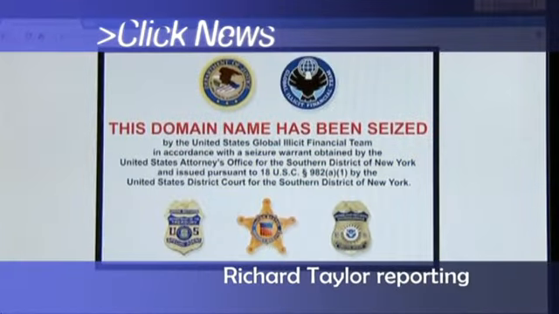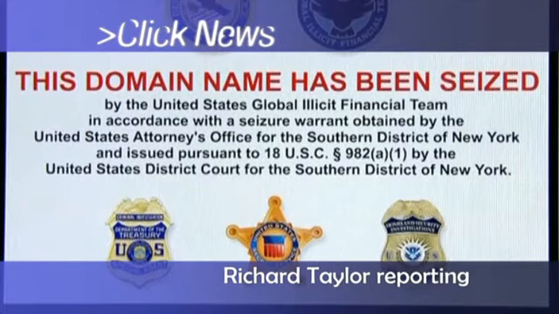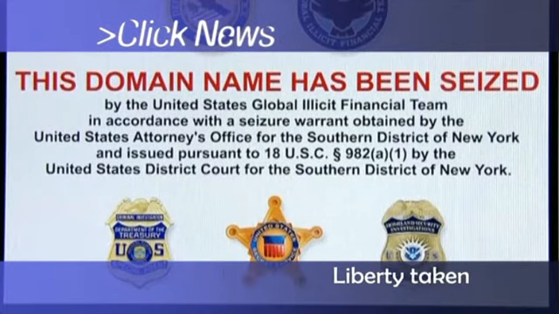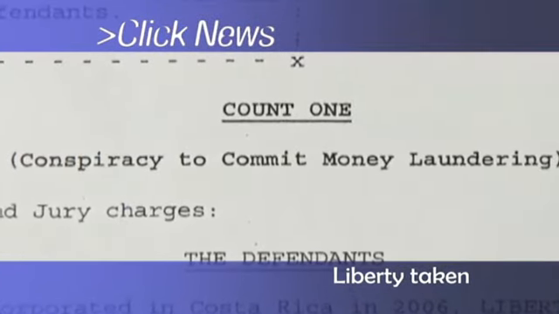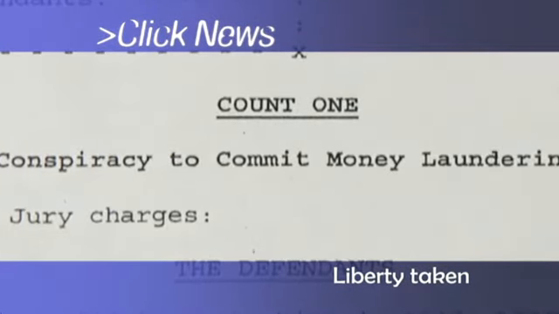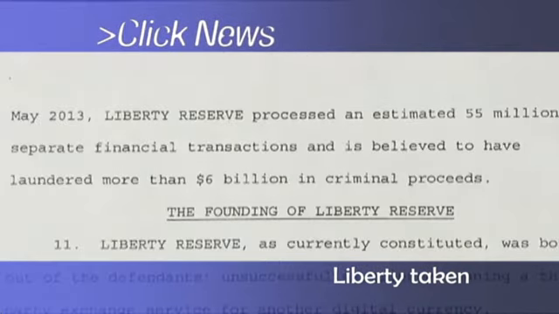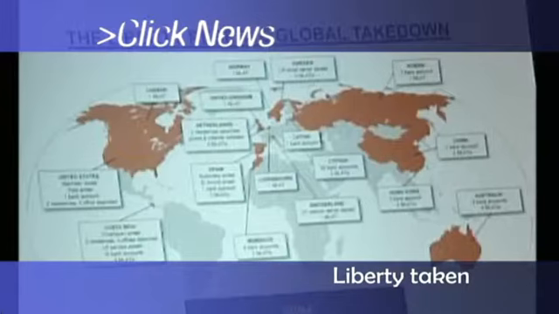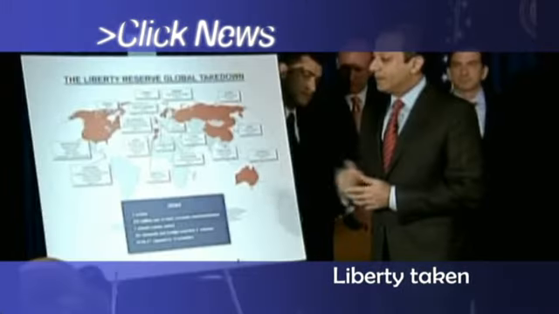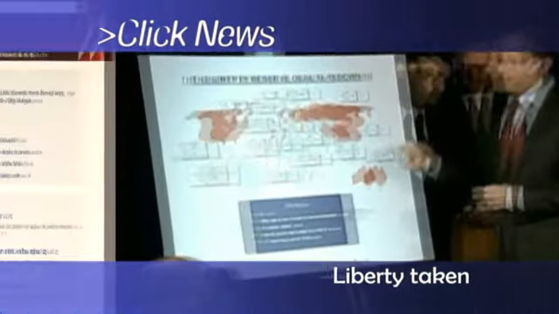OK, next up, a look at this week's tech news. US prosecutors have taken down a digital cash exchange they say was used by cybercriminals to launder around $6 billion. Costa Rica-based Liberty Reserve had essentially functioned as a black market bank and had allegedly processed 55 million transactions for its 1 million users. They were engaged in activities like credit card fraud, hacking and child pornography.